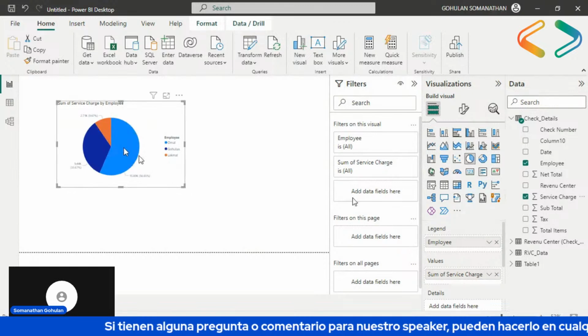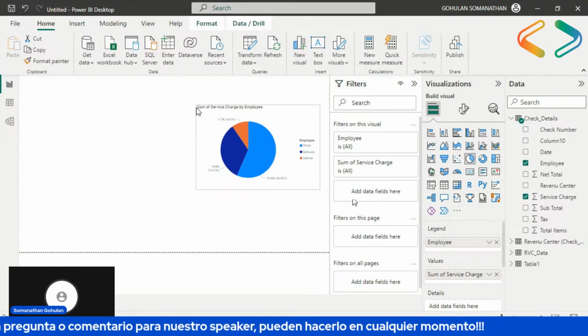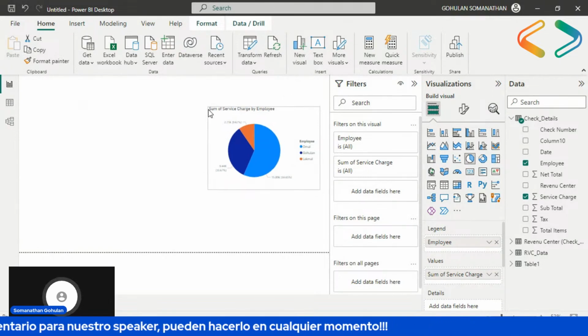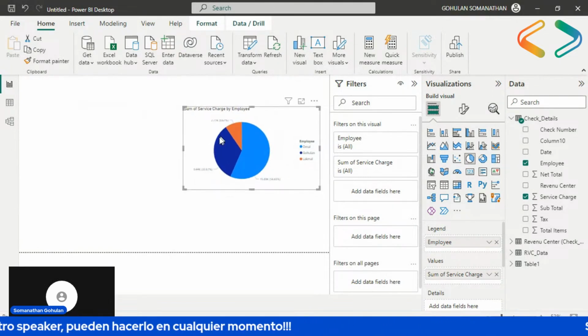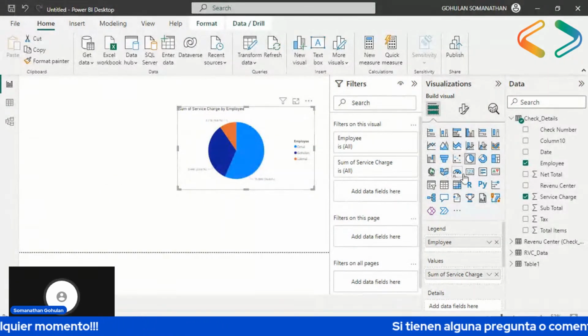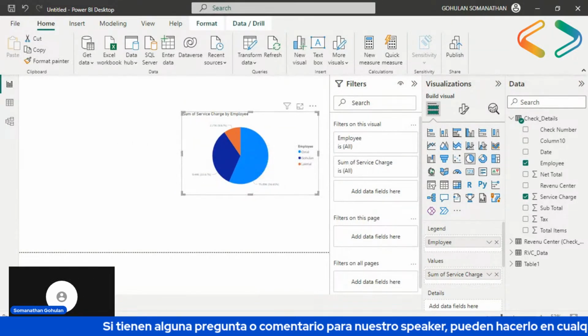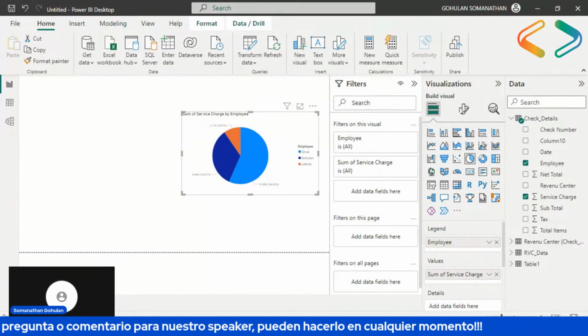If you look at this, within a few minutes, I have developed this dashboard. Within a few seconds, I have chosen the data source and developed this dashboard. That is the power of BI, that is why it is called Power BI.